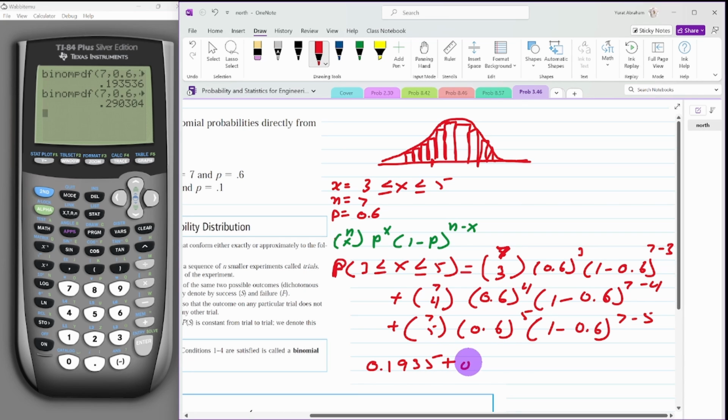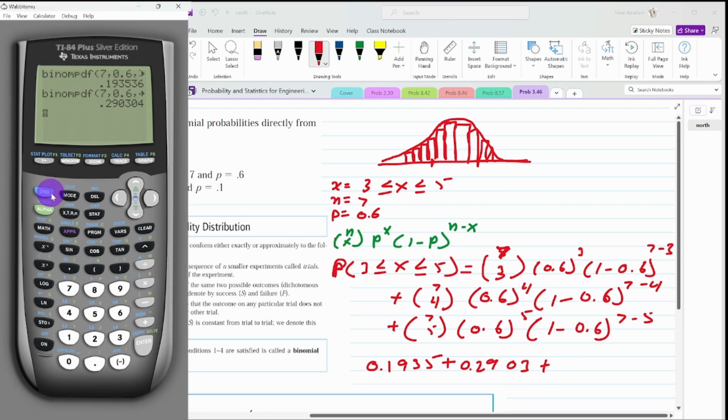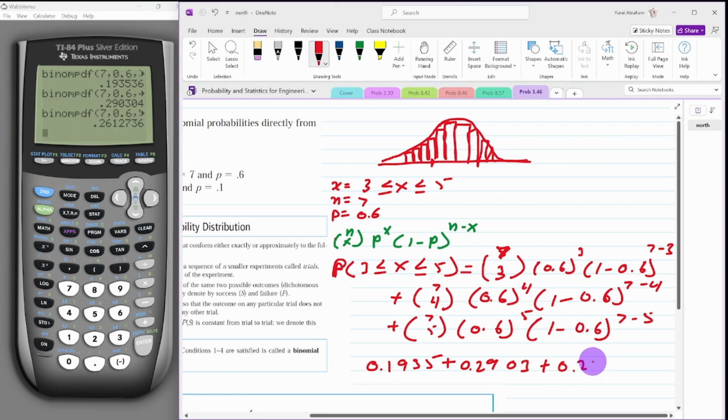Got 0.2903 plus, and then second vars, PDF, 5. 0.2613